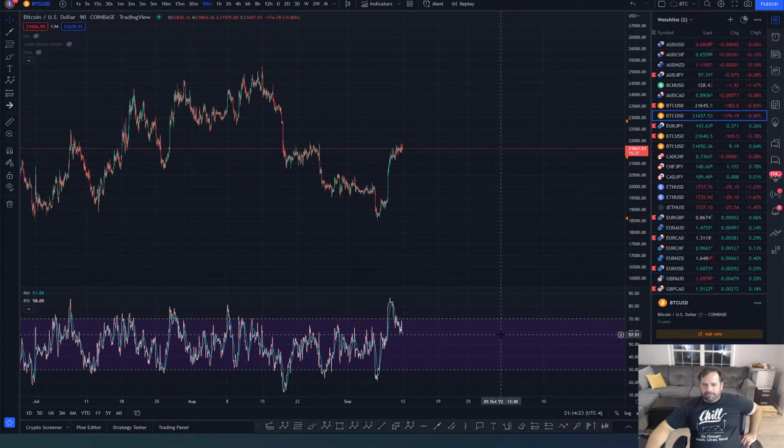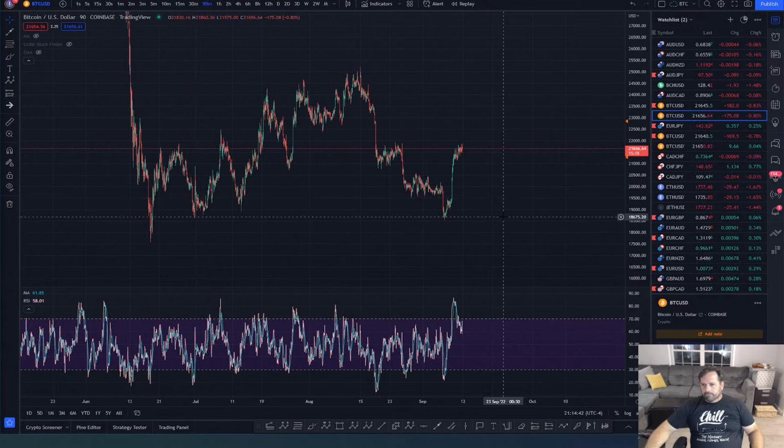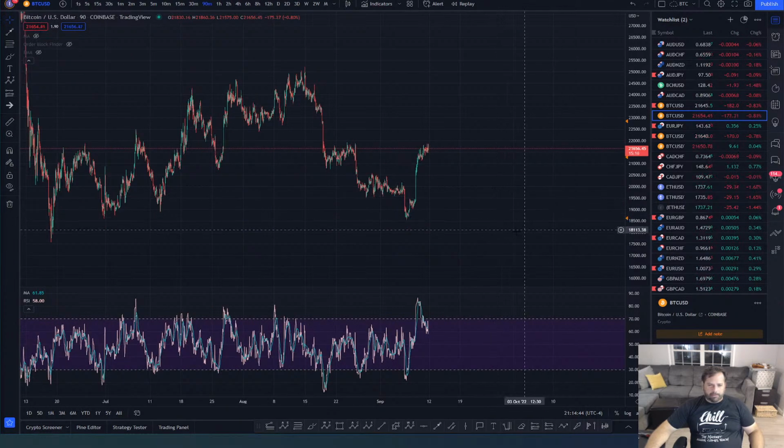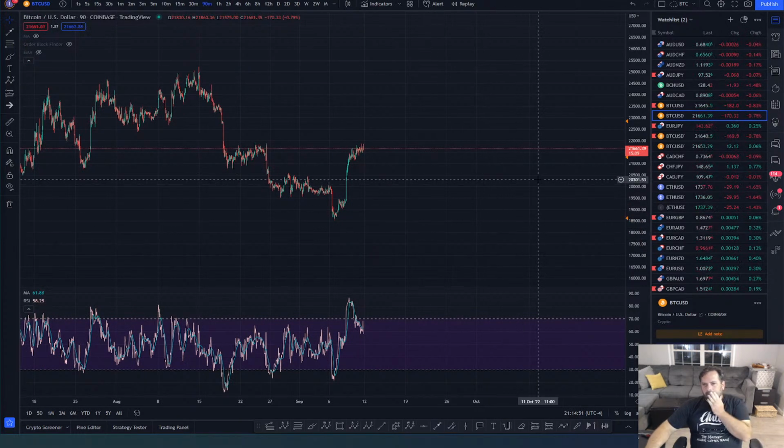We have massive, let's see, Kane Z, we have massive bearish divergence on the higher time frames. I'm not sure what bullish divergence you're looking at, but there's bearish divergence all over the chart. Now, I am an Elliott wave trader, and I'm an expert at RSI, and I'm not sure what bullish divergence you're looking at.